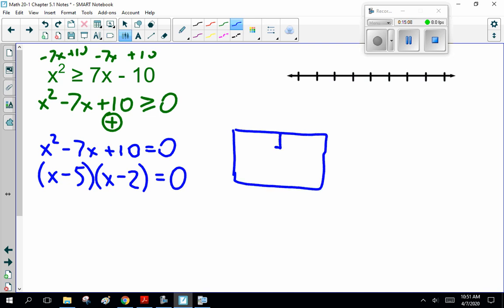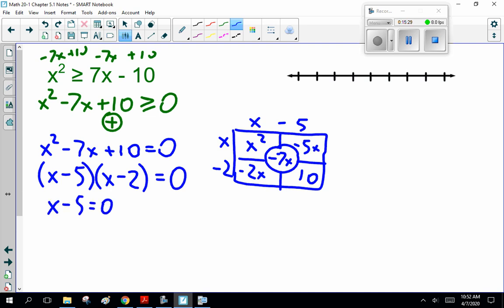What I did, x squared minus 7x plus 10, two numbers that multiply together to be plus 10 but add to be minus 7, got to be minus 5 and minus 2. So x minus 5 is 0, x minus 2 is 0. Now we find our critical points. Well, instead, add 5 to both sides, x equals 5, and add 2 to both sides here, x equals 2. So if I go to my table of values, sorry, if I go to my number line here,